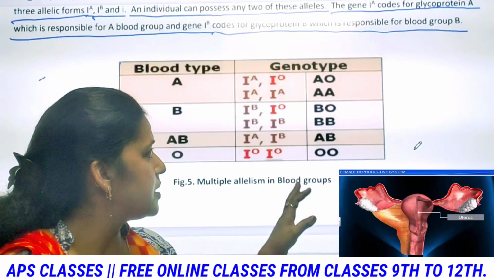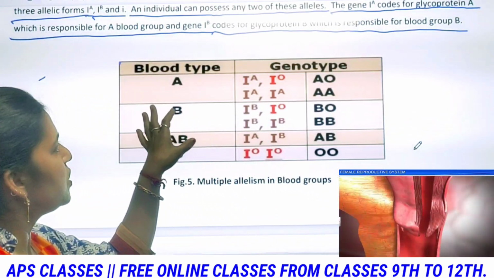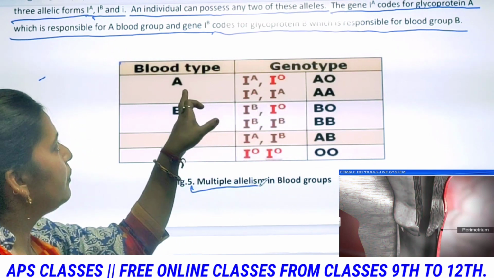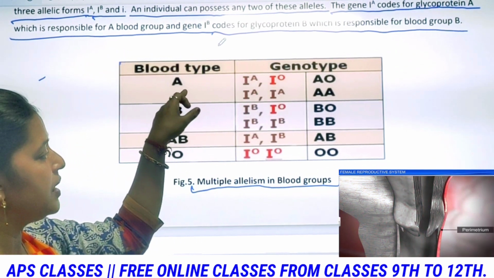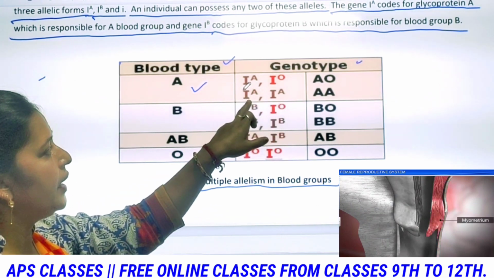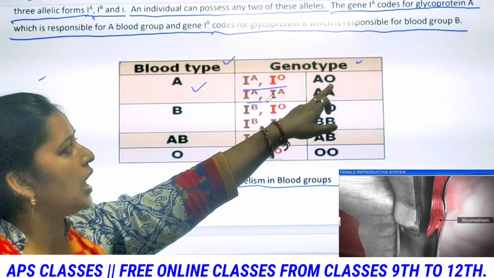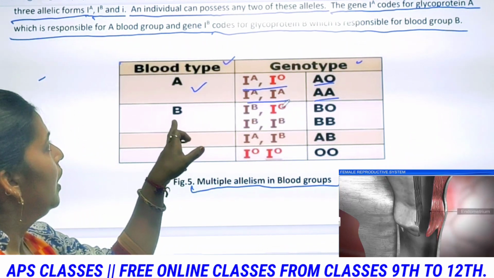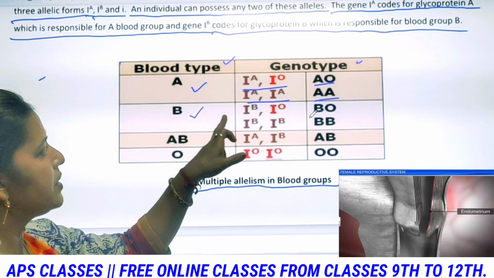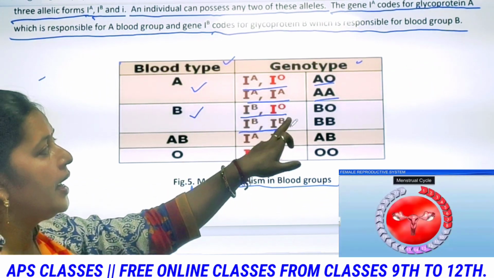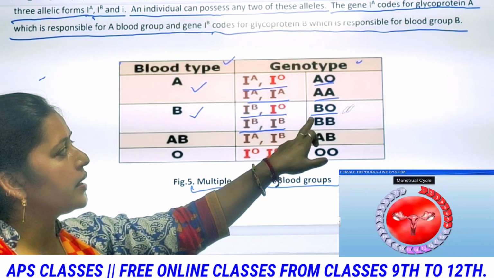Next is the graphic representation of the blood type as well as the genotype. If the blood type is A, the genotype is IA IO, IA IA, and the genotypes are AO as well as AA. If the blood group is B, the genotypes are IB IO, IB IB, and the genotypes further are